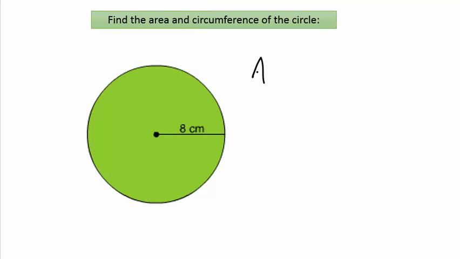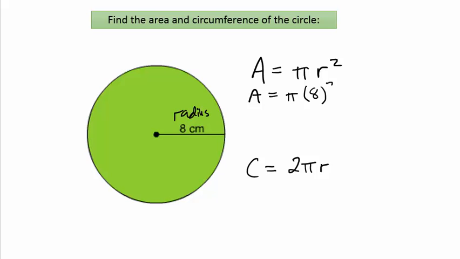The formula for area of a circle is pi r squared, and the formula for circumference of a circle is 2 pi r. So let's find the area of this circle with a radius of 8 centimeters. The area is simply going to be pi times the radius, which is 8 squared. Well, 8 squared is 64, so we take 64 times pi. So 64 pi is my exact area, and if we want to know an approximate area, we would take 64